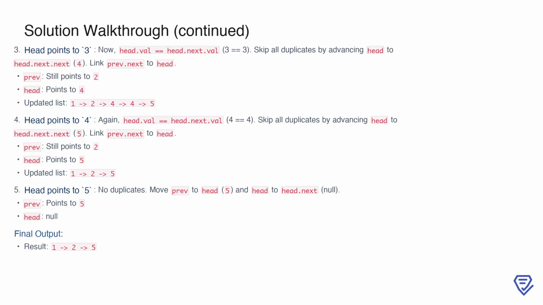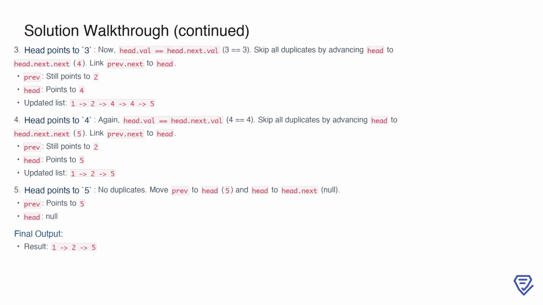This indicates duplicates. To remove them, we skip all occurrences of 3 by advancing head to head.next.next, which is 4. Then, we link prev next to head, effectively removing the duplicates from the list. At this point, previous still points to 2, and the updated list is now